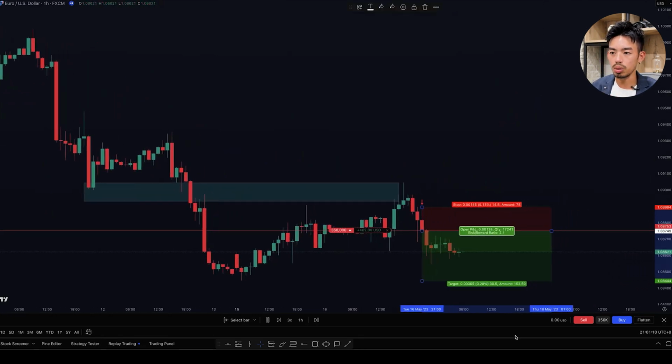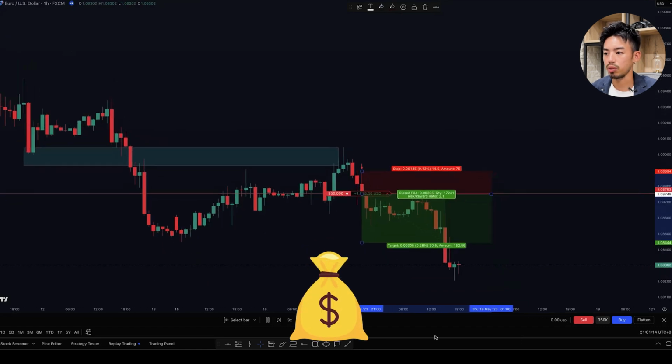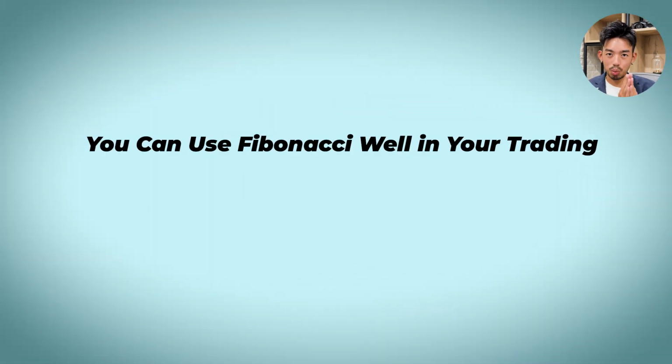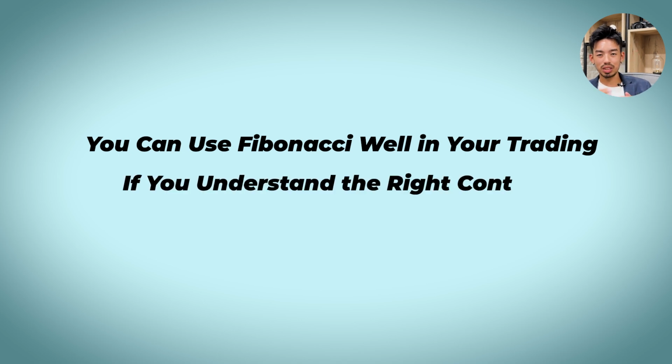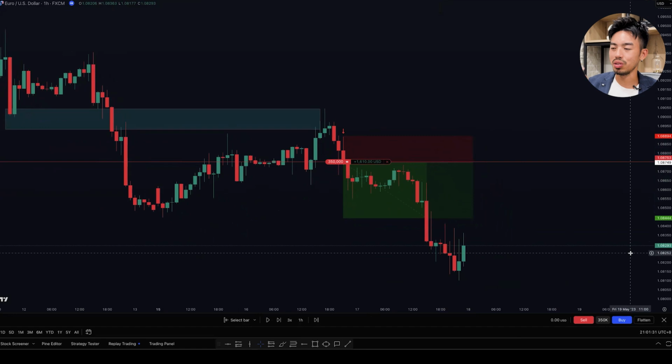Okay, we see some holding here. Let's see if we get a launch, still holding in profit, and there we go. Okay, so you can use Fibonacci well in your trading if you understand the right context. So this is another example of how you can use price action with Fibonacci to really increase your win rate. So as you can see, Fibonacci trading is not just about plotting levels in the markets,